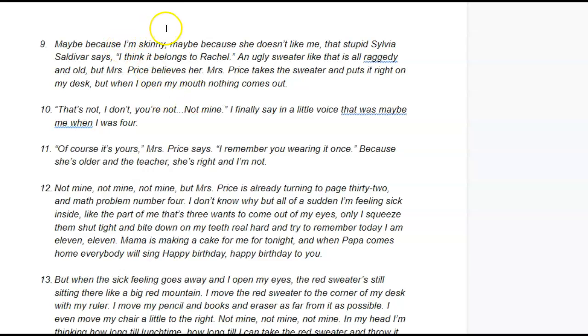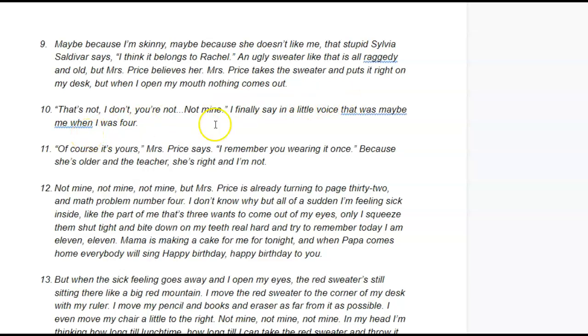Maybe because I'm skinny. Maybe because she doesn't like me. That stupid Sylvia Salvador says, I think it belongs to Rachel. An ugly sweater like that. It is all raggedy and old. But Miss Price believes her. Miss Price takes the sweater and puts it on my desk. But when I open my mouth, nothing comes out. That's not, I don't, you're not mine, I finally say in a little voice that was maybe me when I